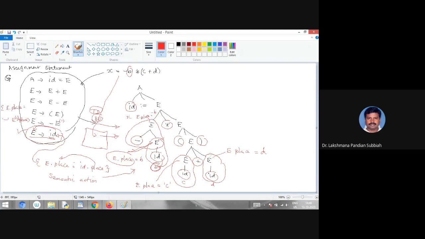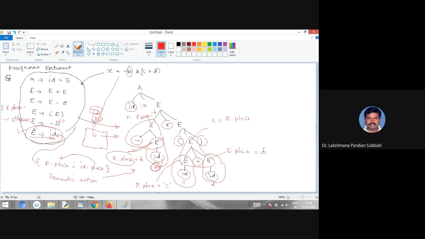Now, for this reduction, what we have to do is create a temporary variable. For the temporary variable, you give the name as E.place. So in E.place you are having one temporary variable.